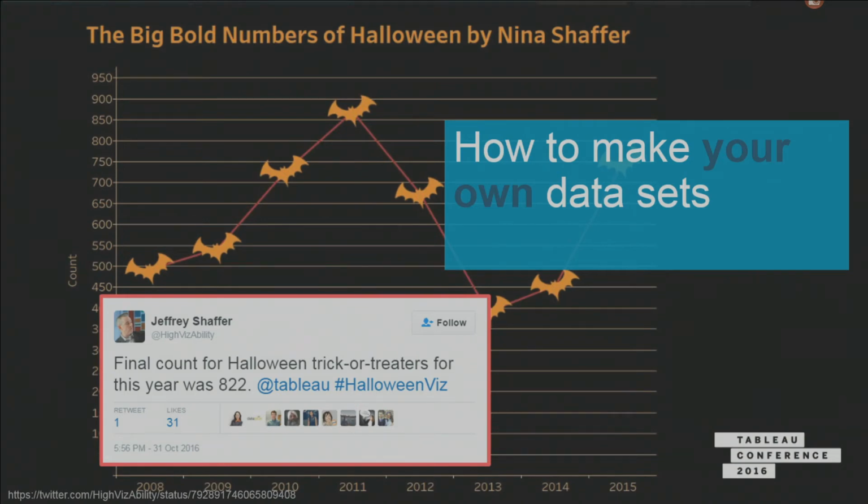Or something you really like about TV shows. We've been at a whole conference where everything's about big data and spreadsheets, but a piece of paper and a tally, that's a really great place to start a data set as well. So think about making your own data sets if you want to visualize them.